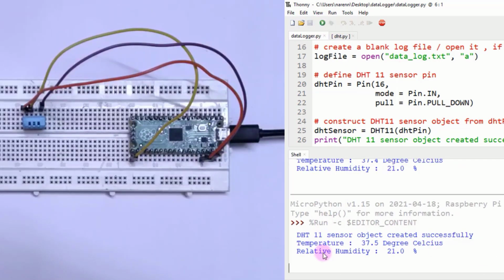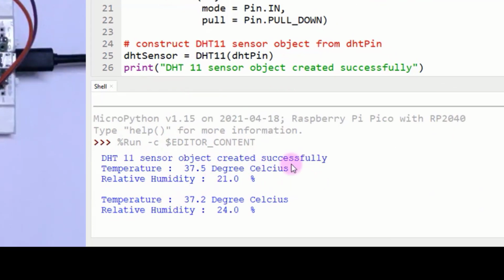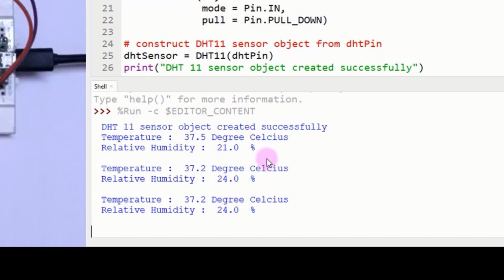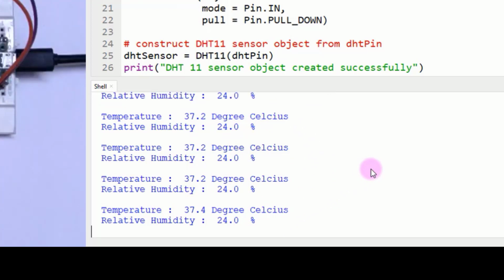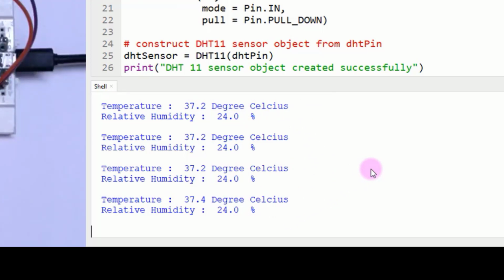As you can see here, the DHT sensor object is created successfully, and it is giving the data of temperature and relative humidity after every 4 seconds, and this data is actually getting stored into the text file which we are generating, and that will be stored in the onboard flash memory of the Raspberry Pi Pico. So let us wait some time and generate few data points.